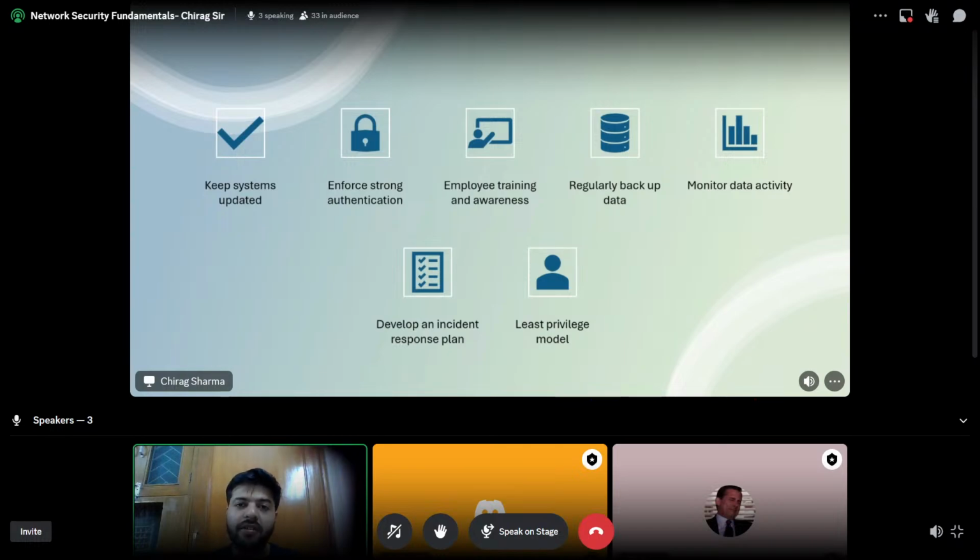Then least privilege model. Least privilege model is a model which focuses on giving minimum access to a user. So the least privilege model focuses on giving only minimum access to a user. That is, what minimum access the user needs, so that they are able to do their work with those minimum accesses. Which means that they shouldn't be given any sort of access that they don't need to do their work, because even a single unwanted access may lead to that user having